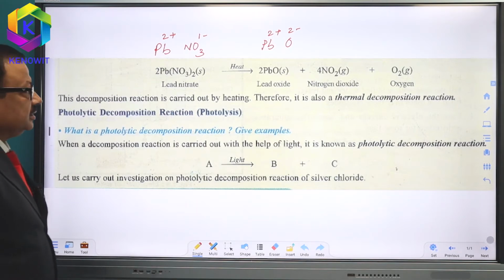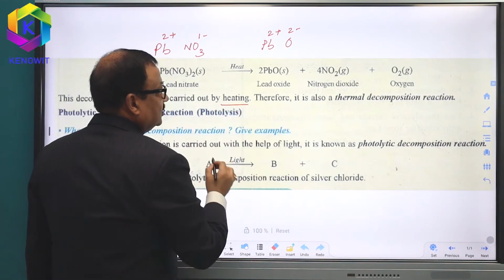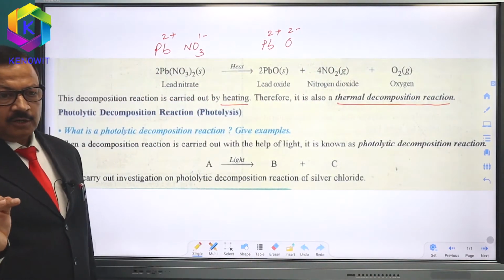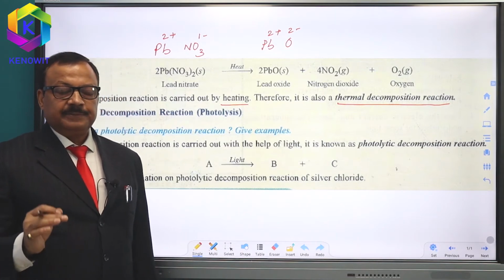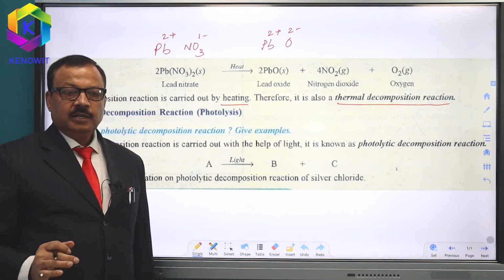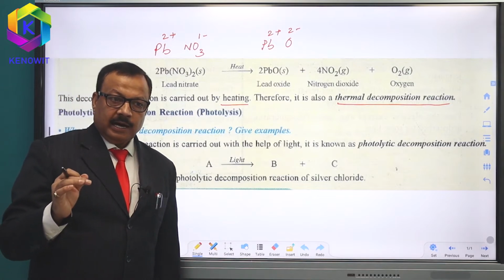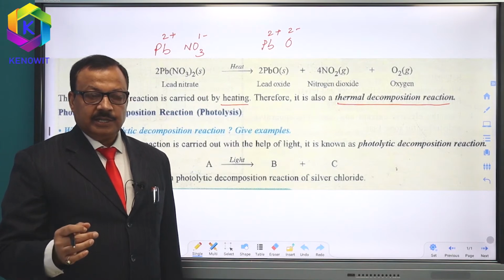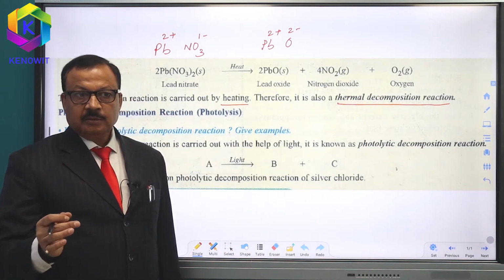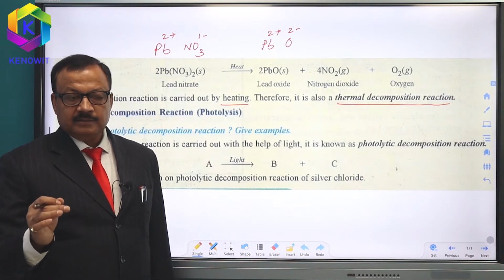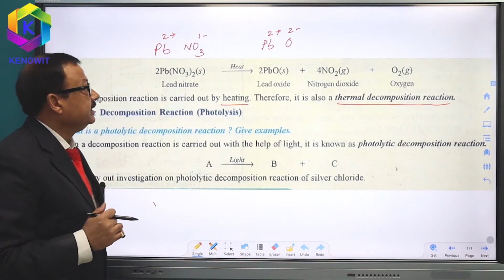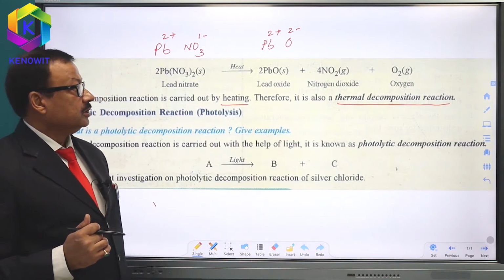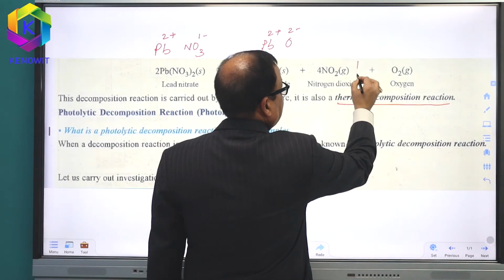So this decomposition is due to heating, so this is also known as thermal decomposition. First of all, decomposition of calcium carbonate gives calcium oxide plus carbon dioxide. Decomposition of hydrated ferrous sulfate crystal, which is green in color, on thermal heating produces Fe2O3 plus sulfur dioxide and sulfur trioxide. And the third reaction is lead nitrate on heating gives lead oxide, brown fumes of nitrogen dioxide,